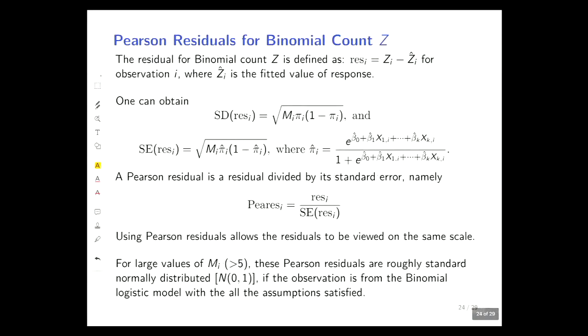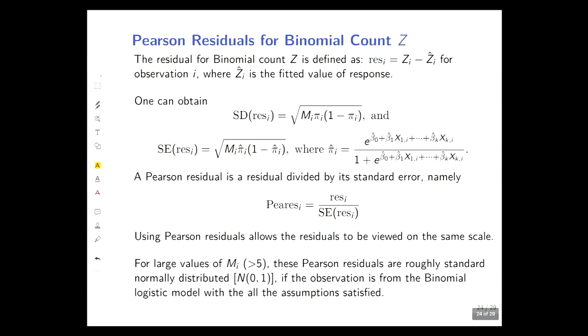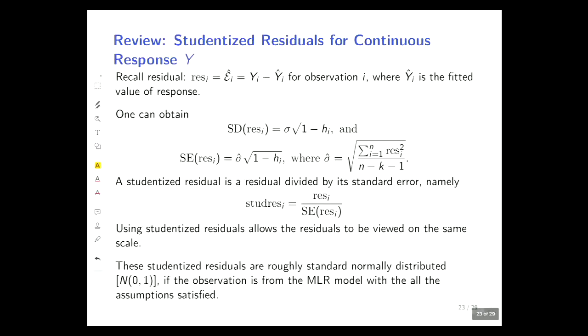Another one is the Pearson residual plot. But in order to talk about the Pearson residual, we need to review a little bit about the studentized residual for the multiple linear regression model. For the multiple linear regression model, the difference between the response and the fitted value is called the residual. And we can obtain the standard deviation of the residual. The standard deviation of each residual equals sigma times the square root of 1 minus h_i. So what's sigma? Sigma is from the constant variance assumption,